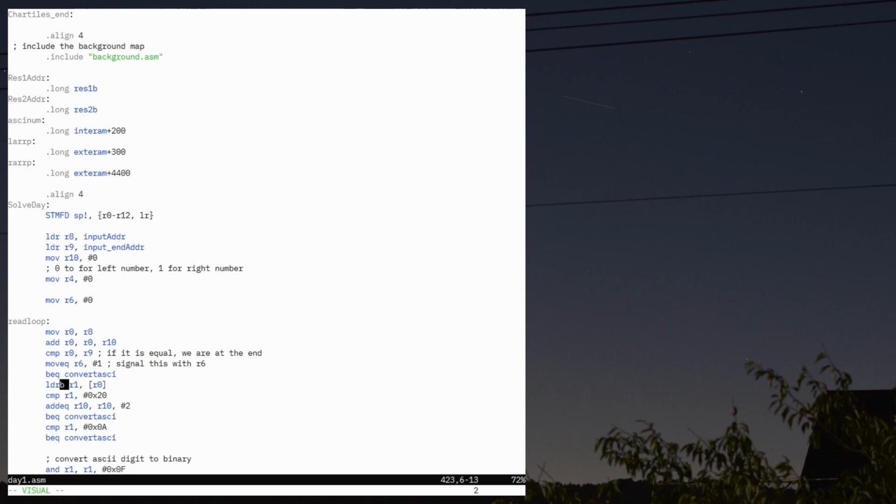Load register byte into R1 from the address R0. This is going to change, and I do this a number of different ways, actually, going through these solutions. This time here, I'm putting R8 and R10 together, the offset together, to make R0. Oh, that changes. So we load that byte, we compare it